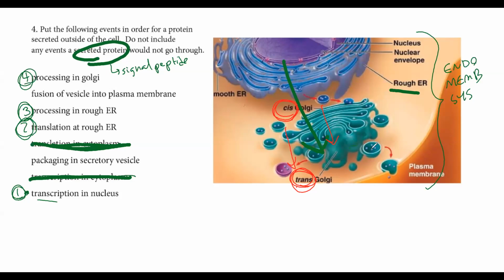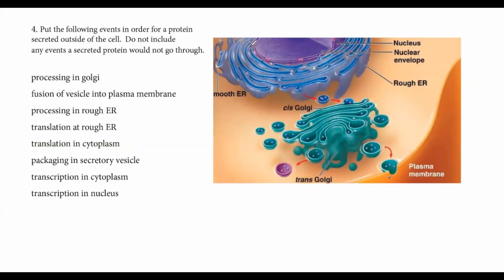And then you can tell it's leaving the Golgi in this little membrane sac. These are vesicles. Just a little sac of membrane that can contain things. So this would be 5. And then that vesicle will fuse with the plasma membrane, and then whatever was inside of that vesicle just gets dumped into the outside, completely dumped out there. So this would be last. Okay, cool. So hopefully this makes sense to you guys. If this does not make sense, come get help. And let's move on to the next one.